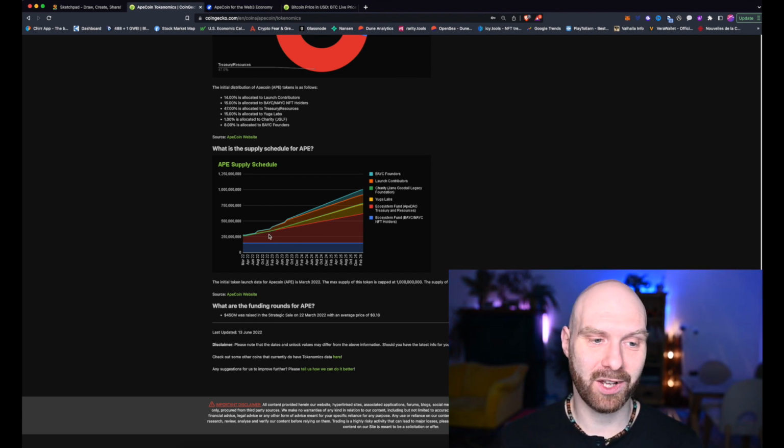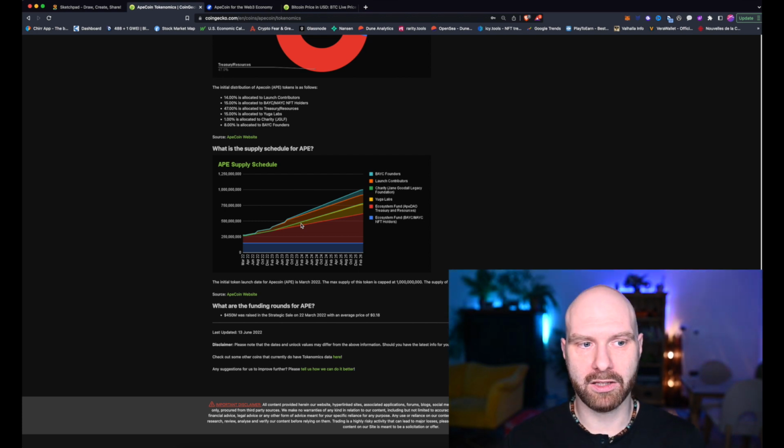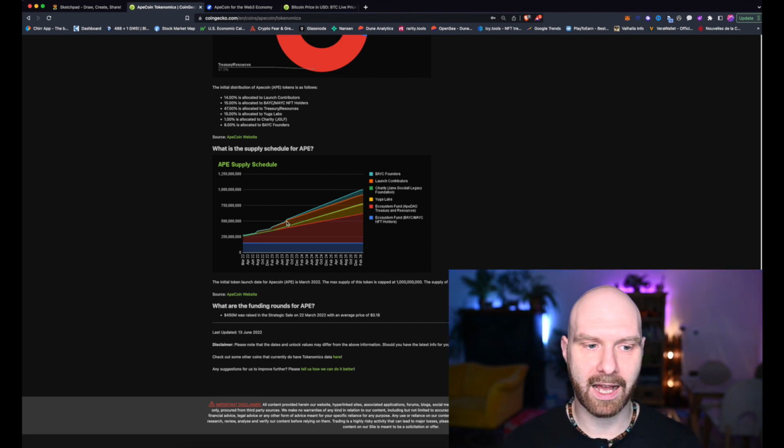So of course, if it's a linear progress, then you can expect a certain number of tokens to be released each month. So there shouldn't be huge fluctuations because of that. The price may dip slightly the moment a new batch is released, but at least it's all very predictable. When you see a slight bump like this one here, or this one, or this one, you can potentially expect